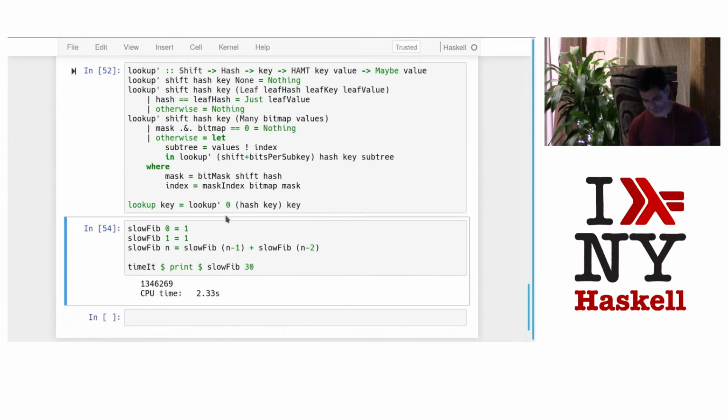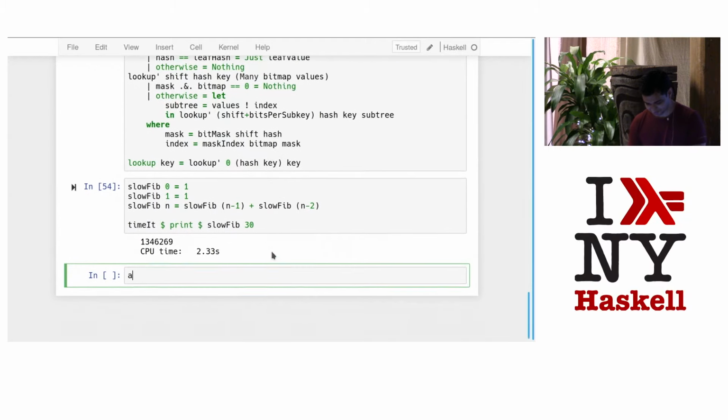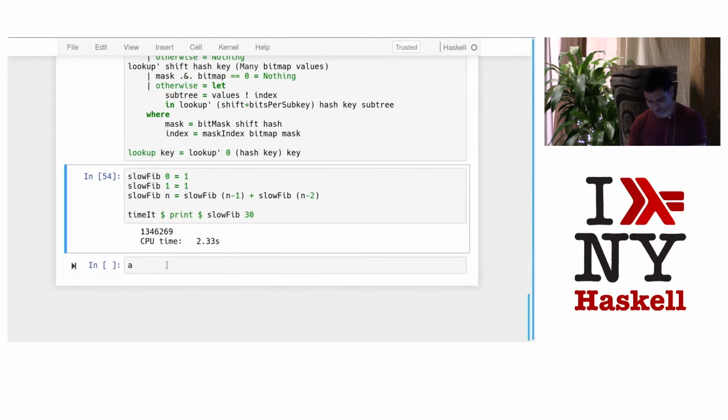Yeah, so that took a non-trivial amount of time. Fortunately, we have memoization. This isn't the most efficient way of implementing Fibonacci. So if I wanted to implement it using the library that I just made, the hash array mapped trees, I can do fib of